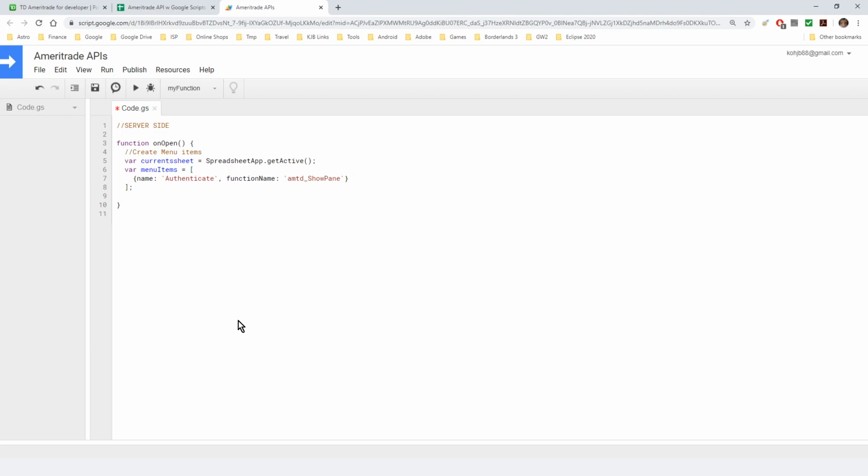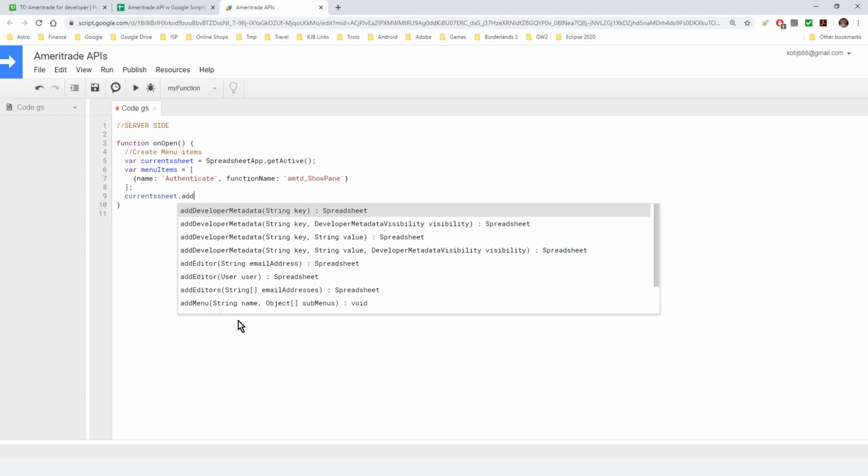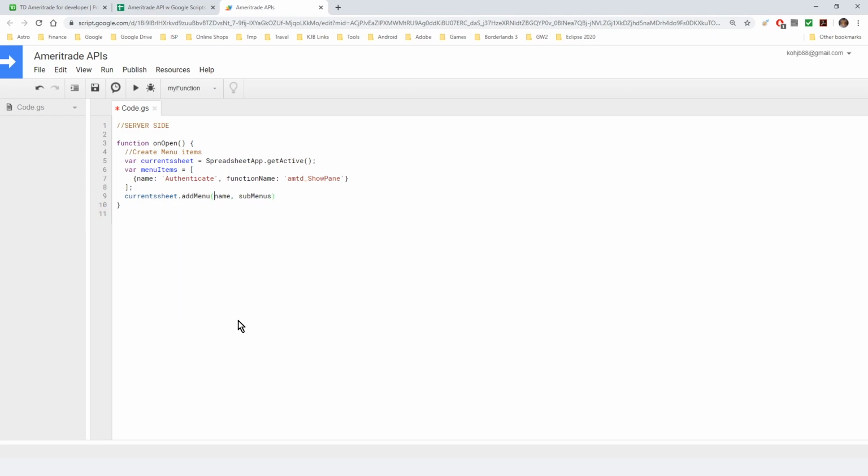Okay, this will show a pane to the right of my sheets and allow me to click the link as well as paste the URL that is returned. And so this is the command to add a menu. The name of this menu item, let's call it Ameritrade APIs, and the menu items would be that. Alright,